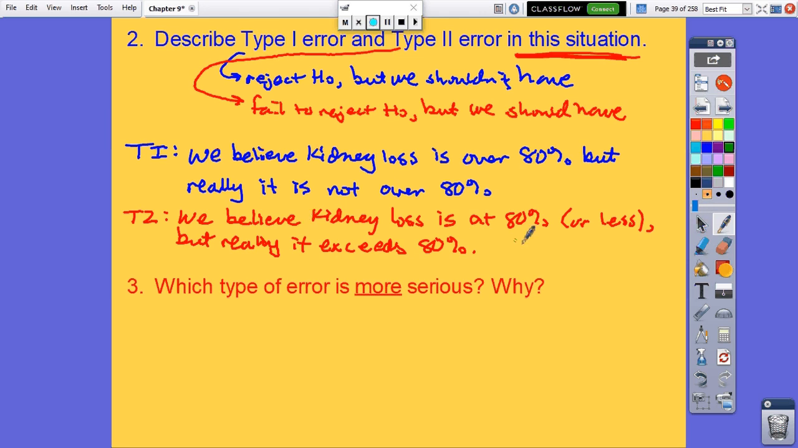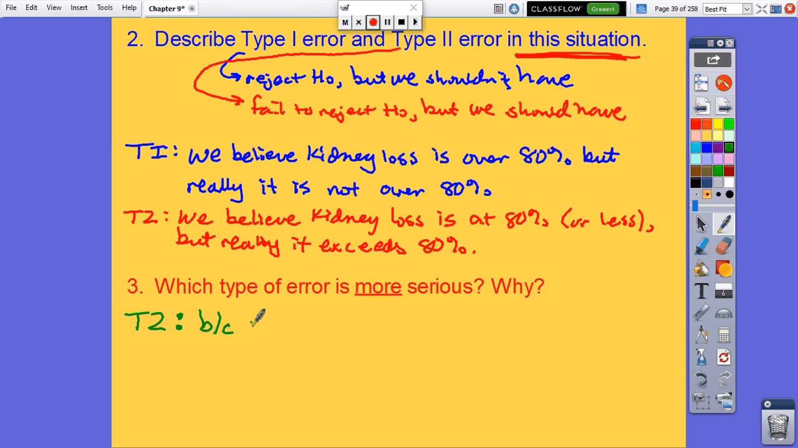Type 2, we believe that their kidney loss is at 80% or less, but it really exceeds 80. So, man, what we're saying is that we think this medicine's okay, that it's not hurting the patients. But really, it is hurting the patients. We're continuing to basically poison them with medicine that is making them go on kidney dialysis. So I would argue that a type 2 error is the more serious one here. And will it always be a type 2 error that's the more serious error? I'd say not necessarily. I think it just depends on the context of the problem. So I would say a type 2 error is more serious